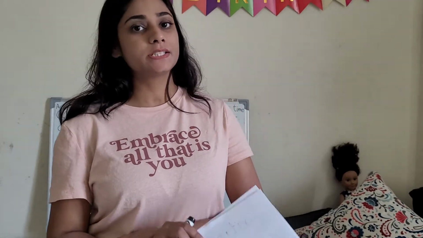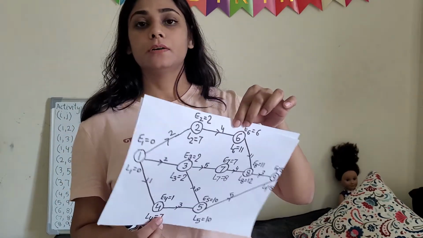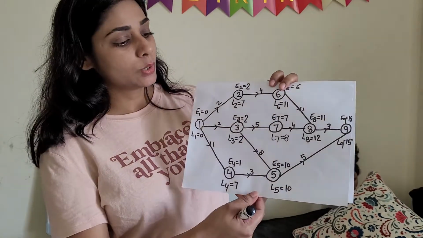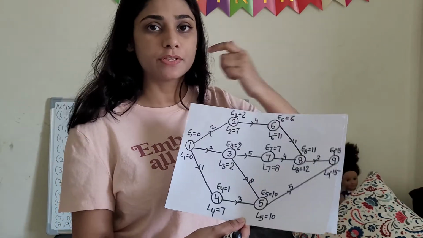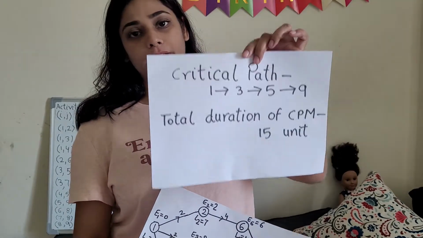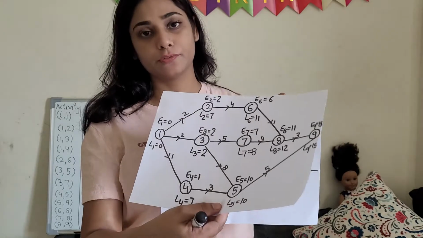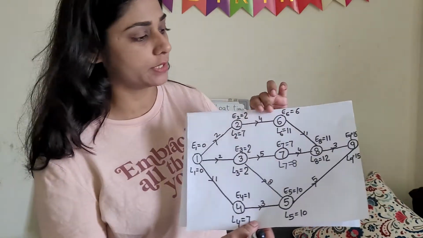And in my previous video, we started PERT and CPM from operations research, and we have done this PERT network. We calculated earliest time and latest time for the project. So if you want to learn how we calculated in detail, you can check my previous video. And in today's video, we will learn how to calculate the critical path method for the same numerical, for the same PERT network. Okay, so we will just revise quickly how we did it.